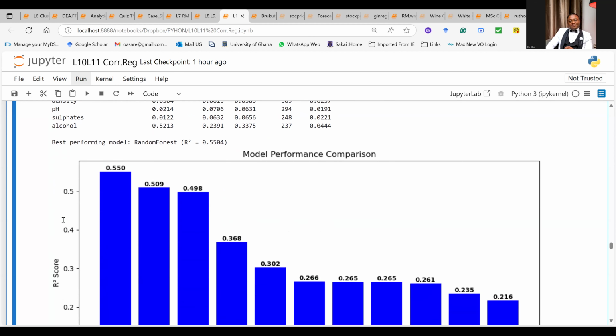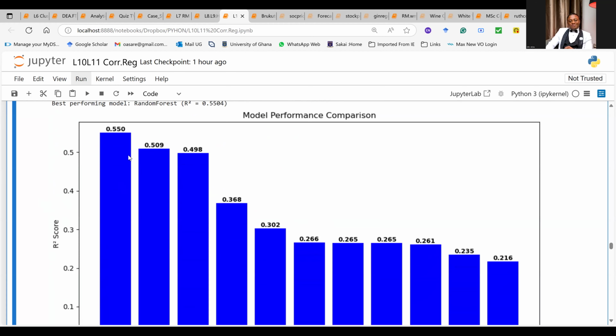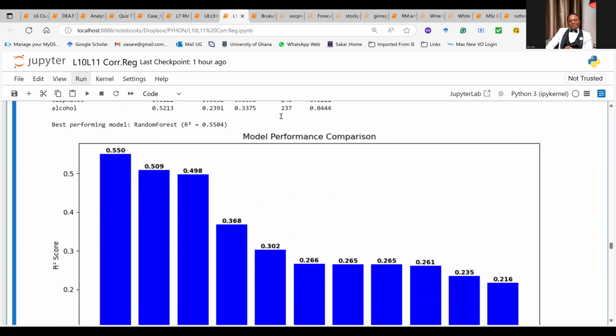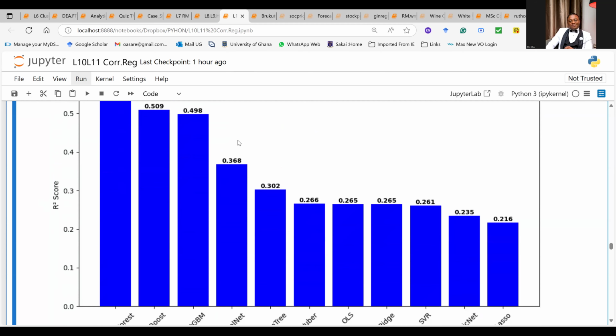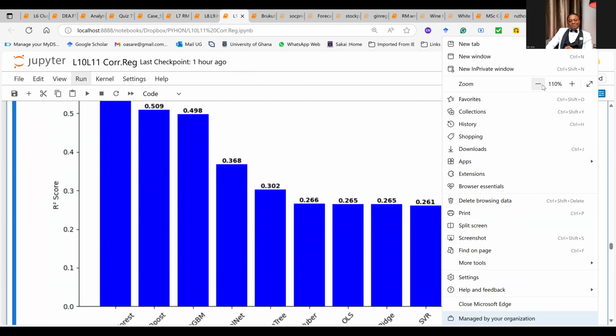Now, let's go and check the model performance. I had to do a lot of work to come out with these, and I'll give you these posts. This is the model performance comparison using the R square. You will see these things in theses. This is what they do, and then they show you the result.